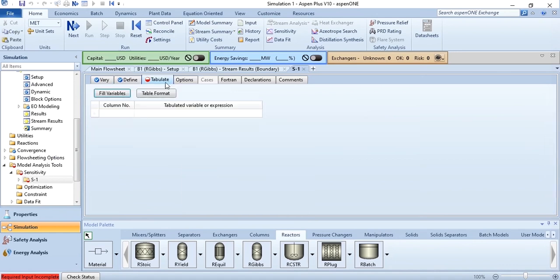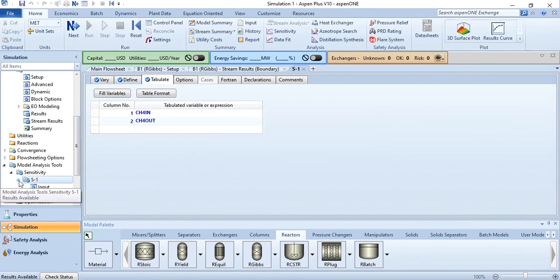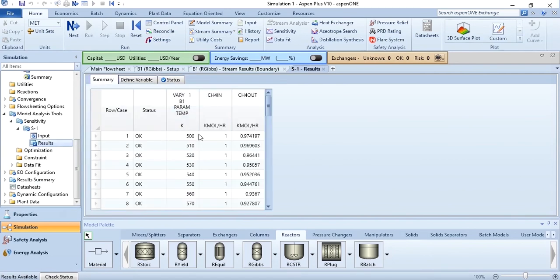Then go to this tabulate. One way of doing it is to fill the variable, and this is one part. So what I will do, I will run it, and once after running, you see results are available. So what you do, scroll it down and click here, and you can see that at 500 this is the outlet flow rate, and these are the outlet flow rates,